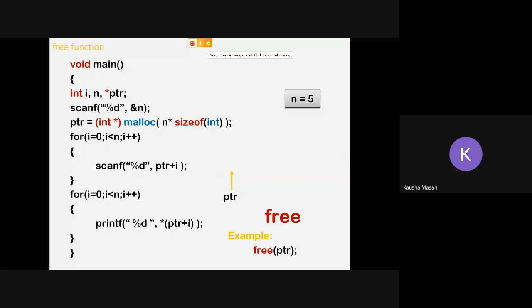So that is your free function. When you execute it, that free function is going to remove that allocated memory. If you can see, initially 10 bytes were reserved. Now when you execute that free statement after doing all your processes, due to that free function, that allocated memory vanishes. Vanishes means it is getting deallocated. Deallocation is happening, and this pointer is now pointing nowhere.